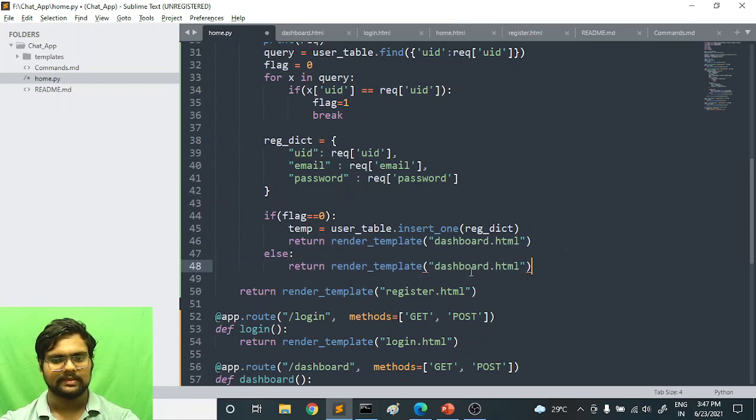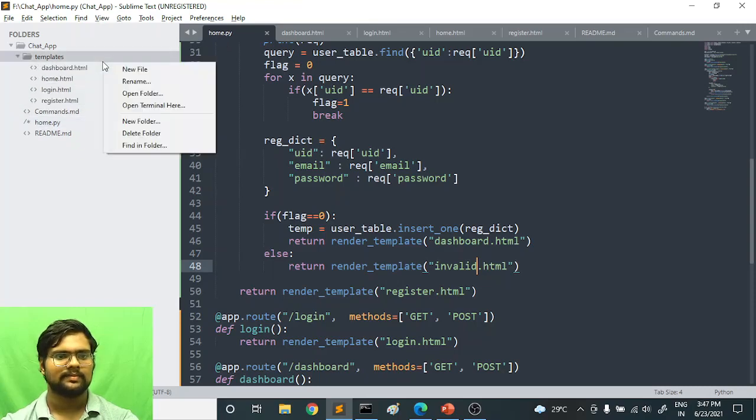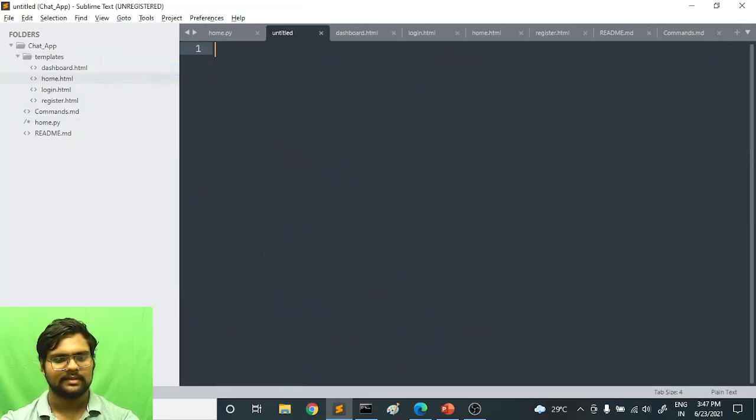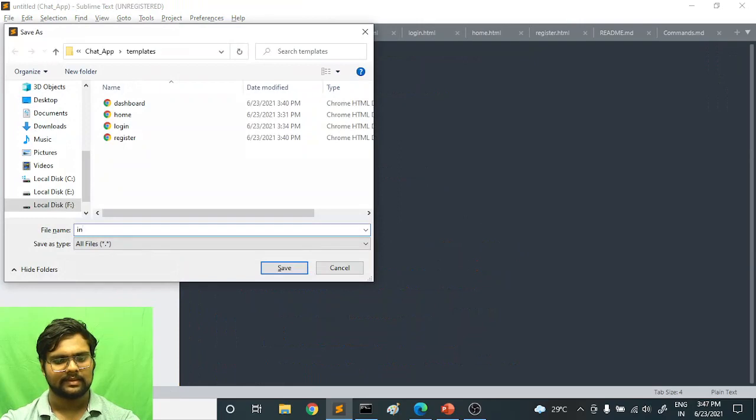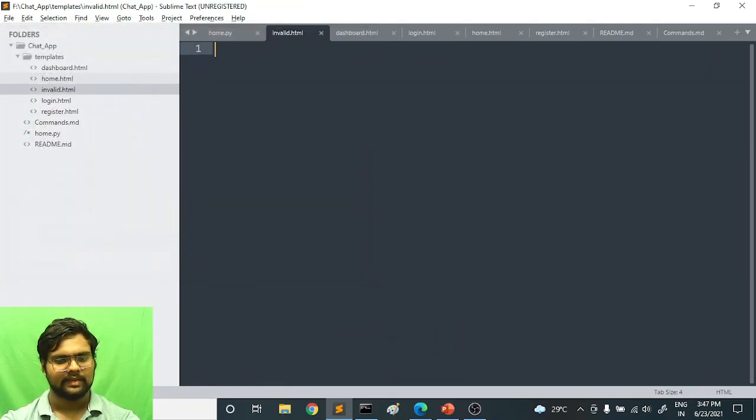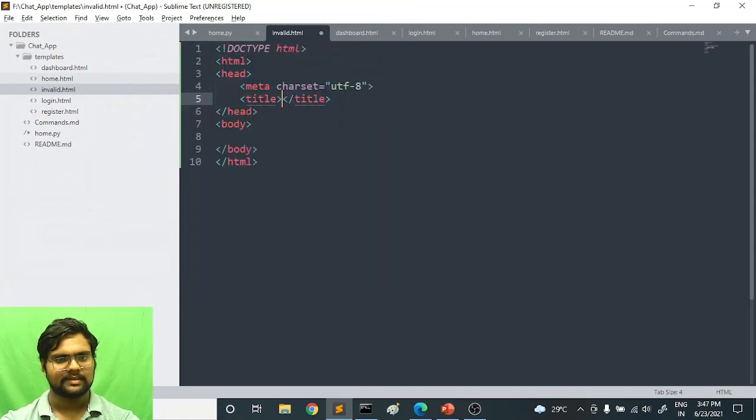So let me put it invalid. Let's make that invalid page also. So make a new file, save it as invalid.html, in which there is an HTML tag with an invalid page